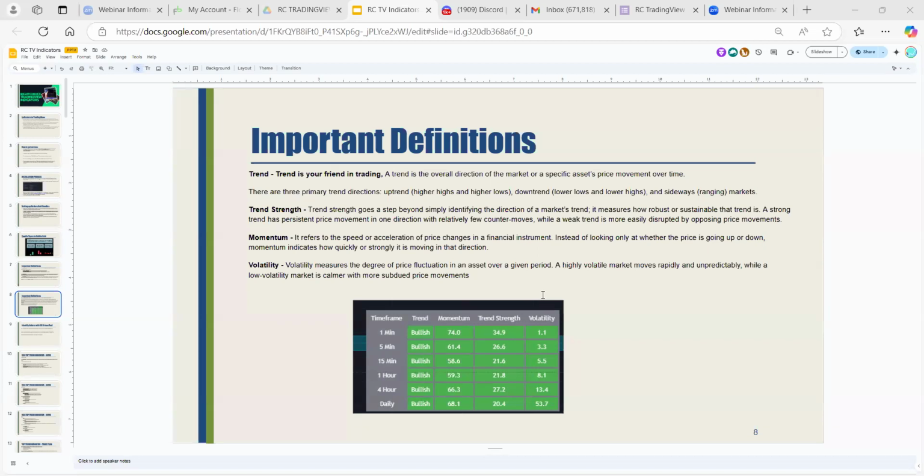That means not only is it creating higher highs and higher lows, but the chance of this trend going on for more time is higher, right? It is not that for 5, 10 minutes it will go up and again start dropping in the next 10 minutes. But if you have 80% of the buyers in the market and only 20% sellers, that means this trend can continue for 1 day, 2 days, 3 days like that. So not only do you have to understand what the trend is, you also need to say what the trend